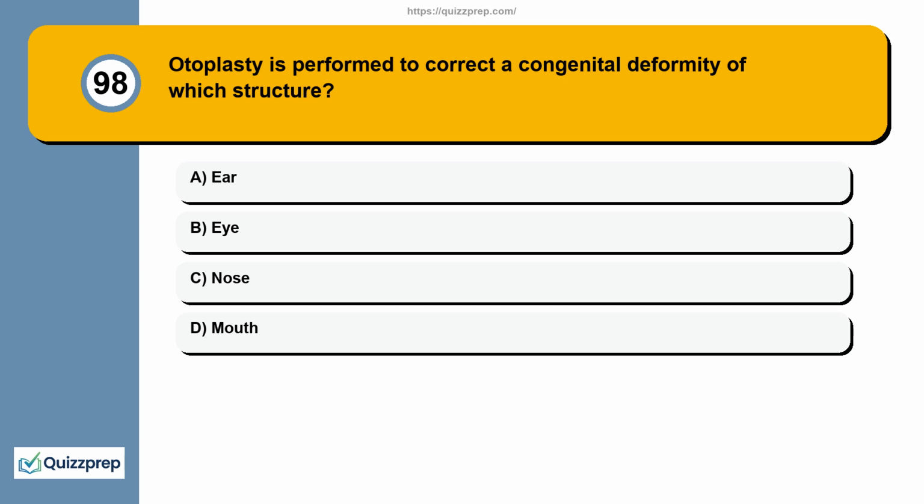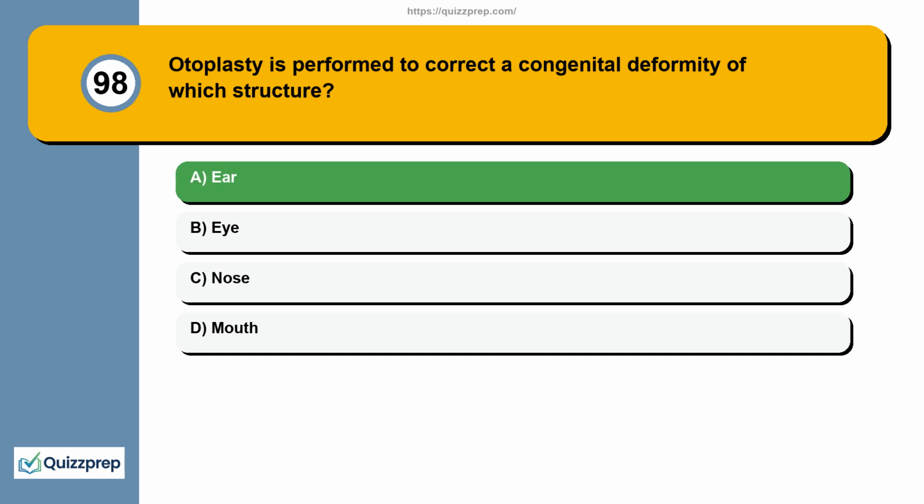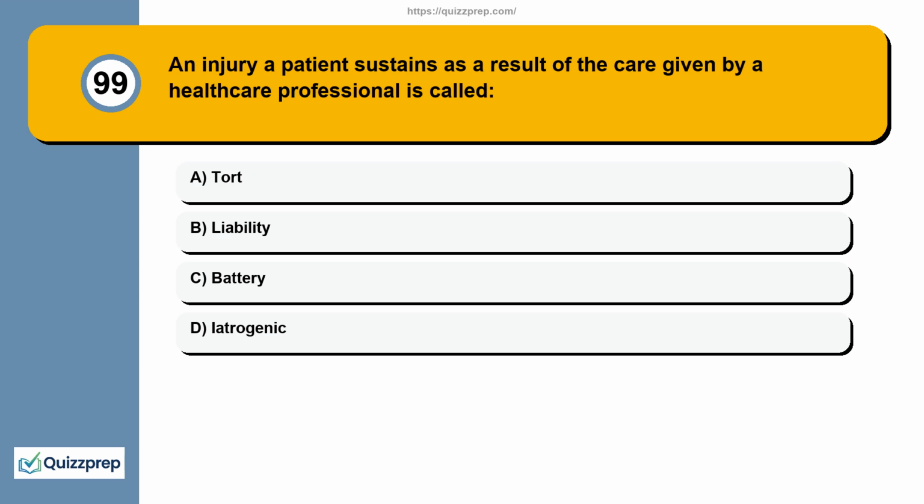Option A, ear. Option B, eye. Option C, nose. Option D, mouth. The correct answer is option A, ear. Question 99. An injury a patient sustains as a result of the care given by a healthcare professional is called: